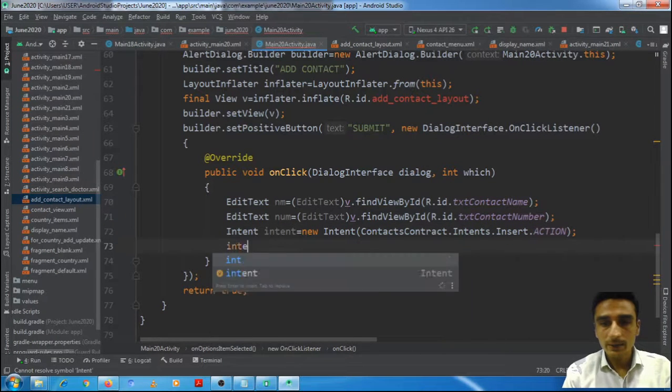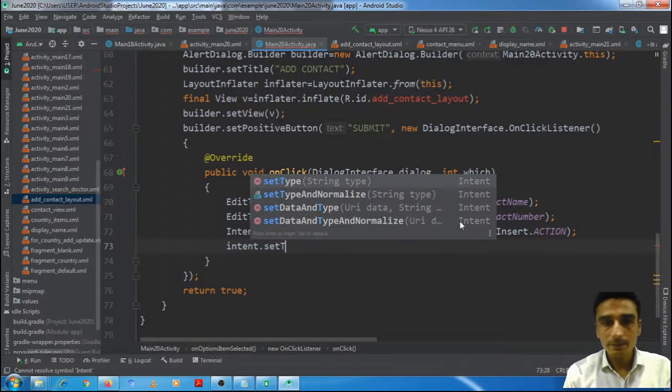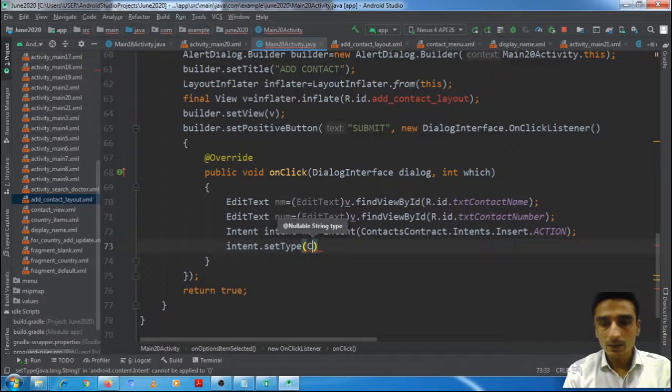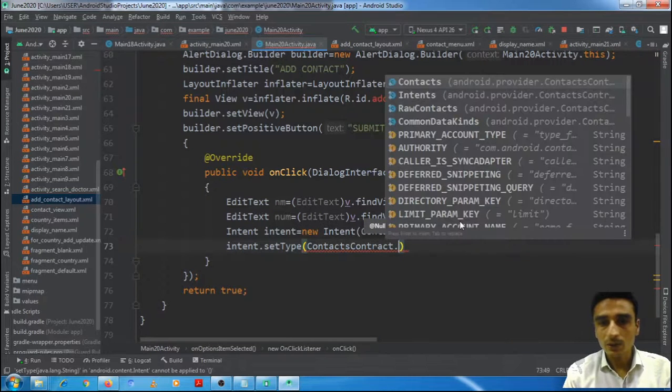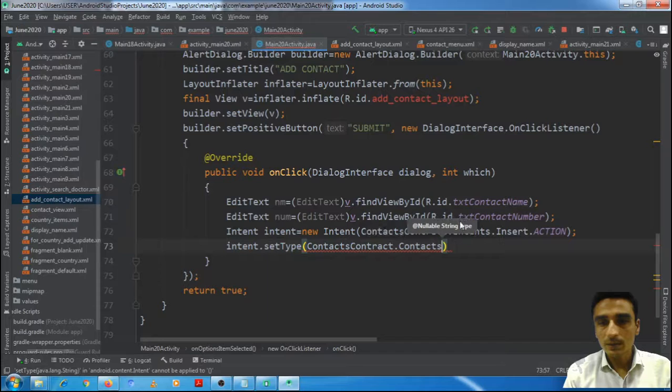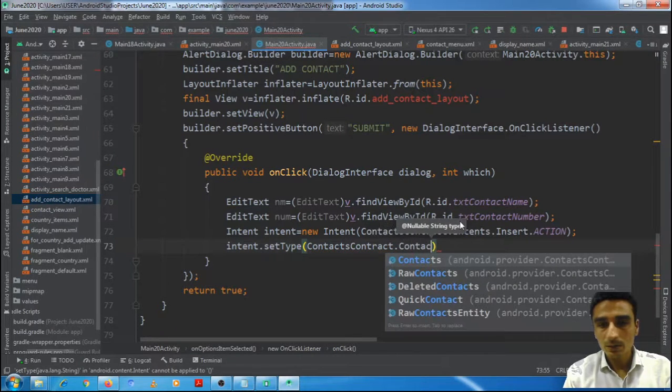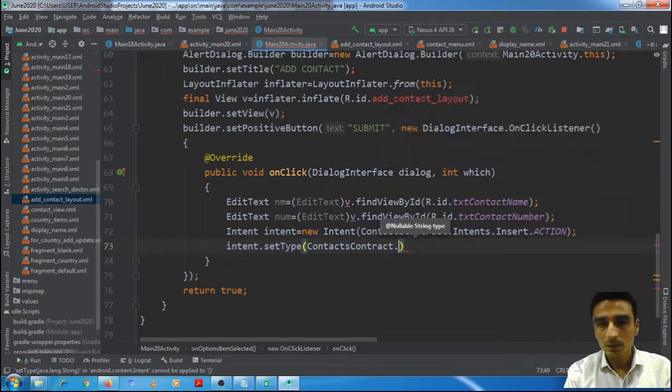Then intent dot set type, again contacts contract dot raw contacts dot content type.